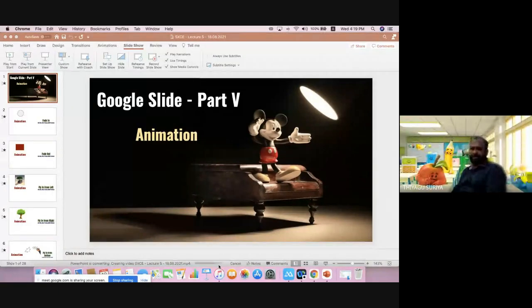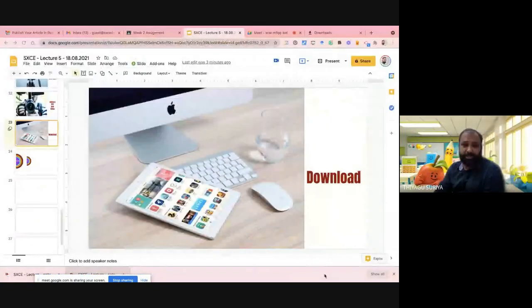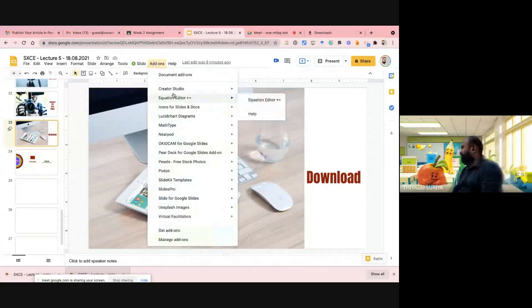Ask your queries. Otherwise, I can ask you questions. Here we are discussing a lot of animations and a lot of add-ons. I am just asking the question, and I'm going to show this add-on list. Which is your favorite add-on in this list? At least you can type the names of the add-ons in the chat box. You can type 1 or 2, even 3 or 4.